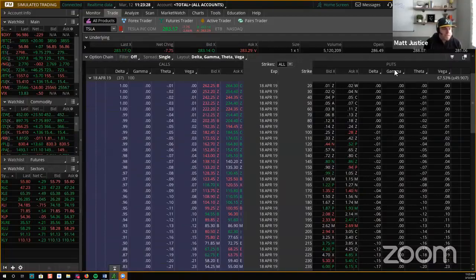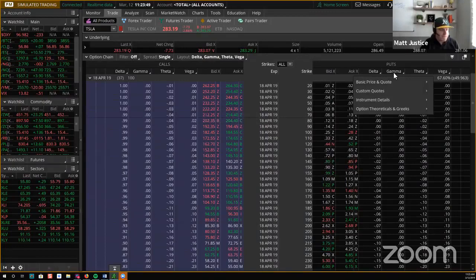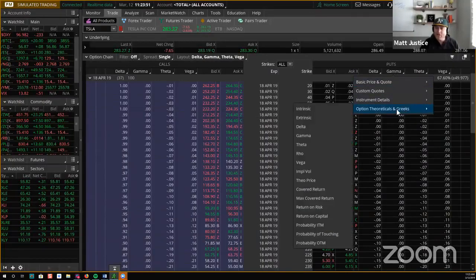Now, for new traders, that's important to understand that Delta defines probability. But for veteran traders, we also know that Delta is not an exact science because it defines it at expiration. But there's 37 days left in this contract that the market goes up and down and up and down and up and down. So one thing that could be very helpful to understand is also adding a column called